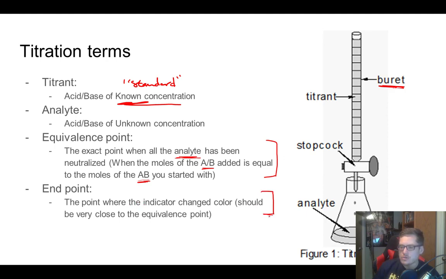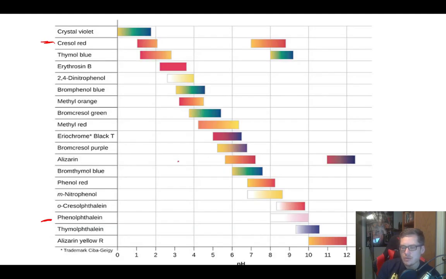Now if you choose your indicator well, the end point and the equivalence point should be really, really close to each other. But if you don't choose your indicator well, then they won't be close to each other. Remember, we have lots of different choices. If your equivalence point should happen around 9-ish, then it would be a good choice to choose phenolphthalein, because when that starts to turn pink and stays pink, you know that you're about at that pH. But if you know your equivalence point should happen at like 5,